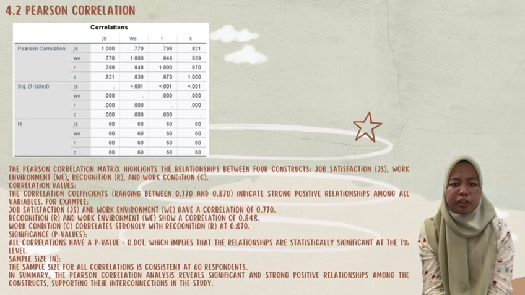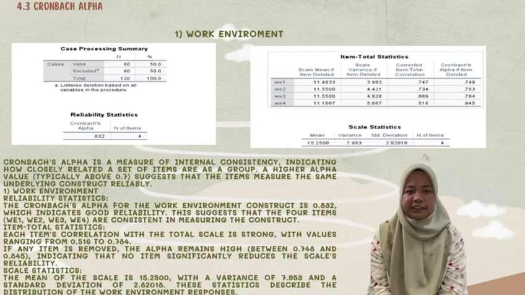Significance p-value: all correlations have a p-value below 0.001, which implies that the relationships are statistically significant at the 1% level. Sample size N: the sample size for all correlations is consistent at 16 respondents. In summary, the present correlation analysis reveals significant and strong positive relationships among the constructs, supporting their interconnection in the study. Cronbach's alpha is a measure of internal consistency, indicating how closely related a set of items are as a